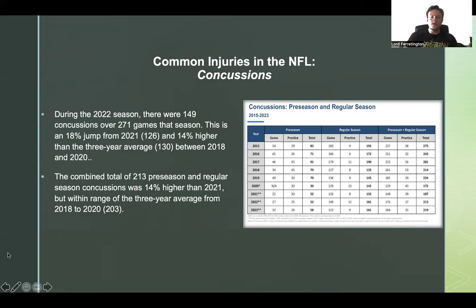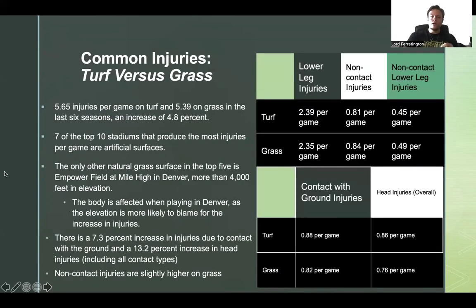The big thing is that concussions are on the rise, as stated earlier, due to the change in style of NFL play. Another hotbed issue is turf versus grass injuries. Big reason for that is a couple of players such as Kirk Cousins and Aaron Rodgers tore their Achilles. One of them tore their Achilles on grass. One of them notoriously tore their Achilles on turf, roughly four minutes into their playing career as a Jet.